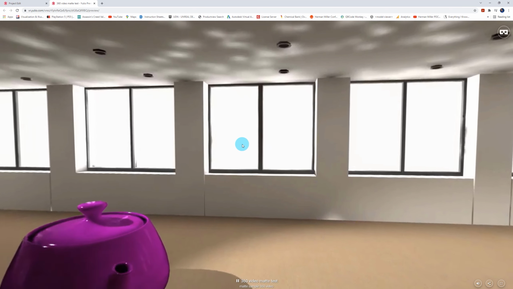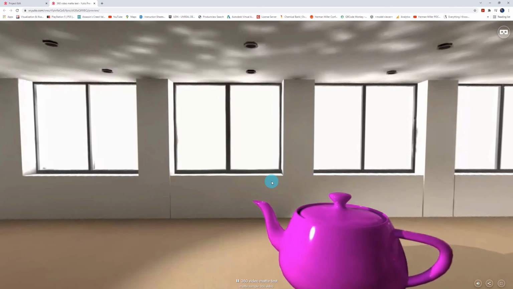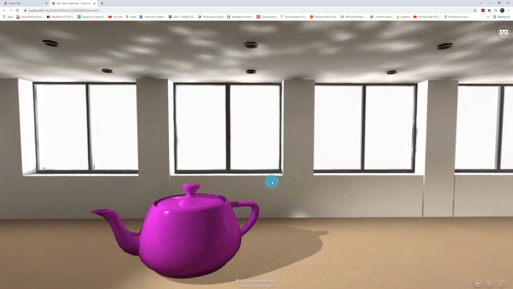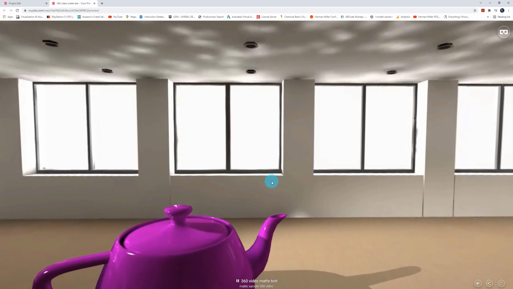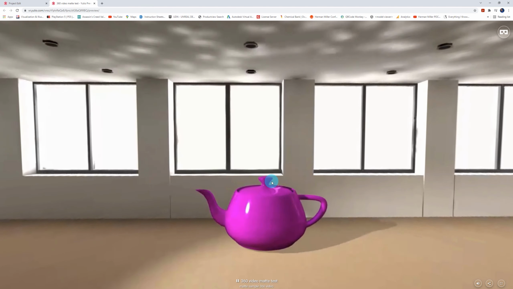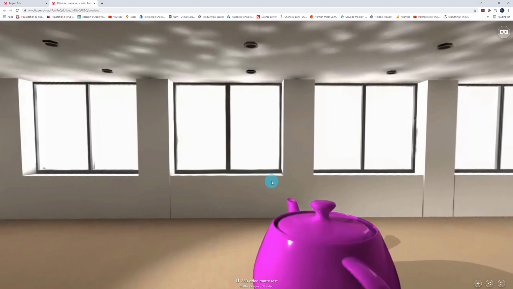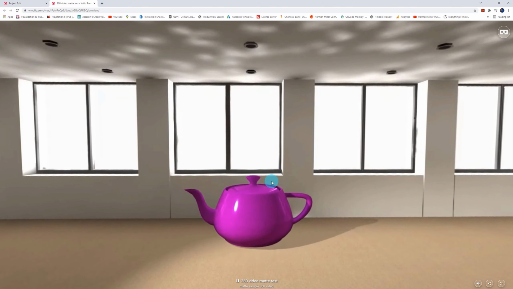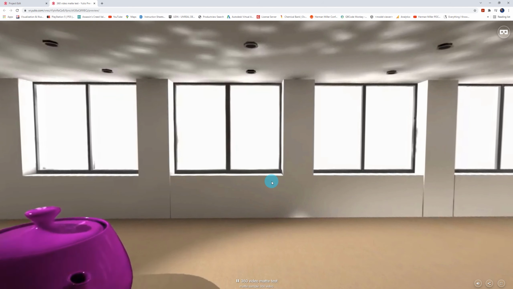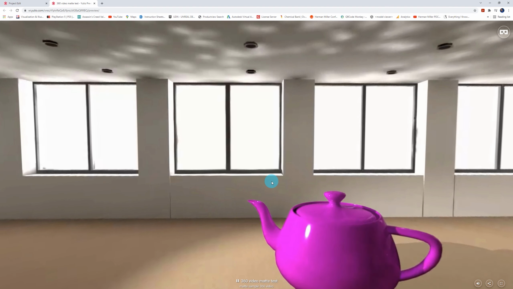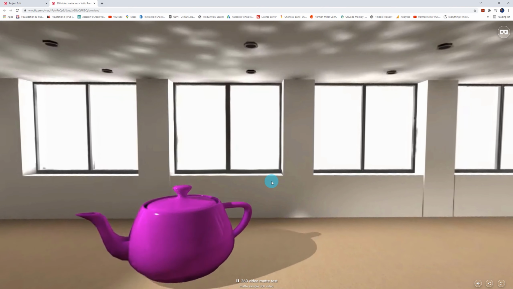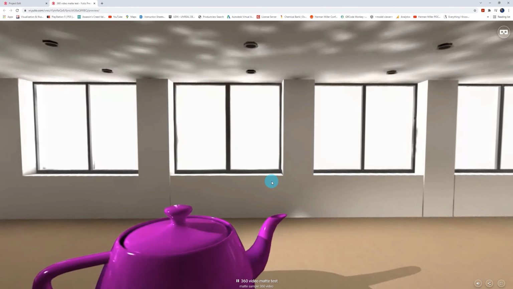Now, the first thing I want to say about this 360 video that you're watching right now in Ulio is that it was not rendered out as a single animation piece. The idea here is to be able to render a 360 panoramic in stereo or not in stereo, but to be able to render it in layers to cut down on the render time,